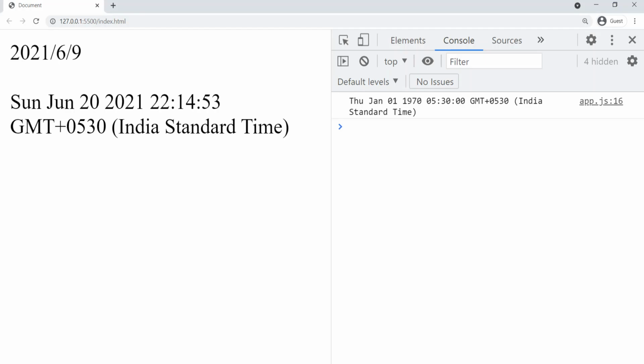Now you can see friends, here I got Sunday June 2021. That means only the date I have given is changed. Whatever value we have given, 20, that is fixed, and the remaining values are normal, that is 2021 as usual. You can see this day is automatically generated, that means on June 20 we have the day Sunday. That's why we got Sunday there. The month is the same, June. So that's how we are able to set our own dates.